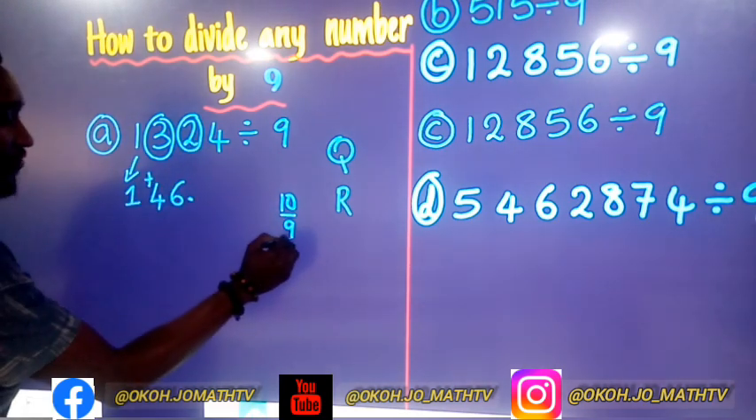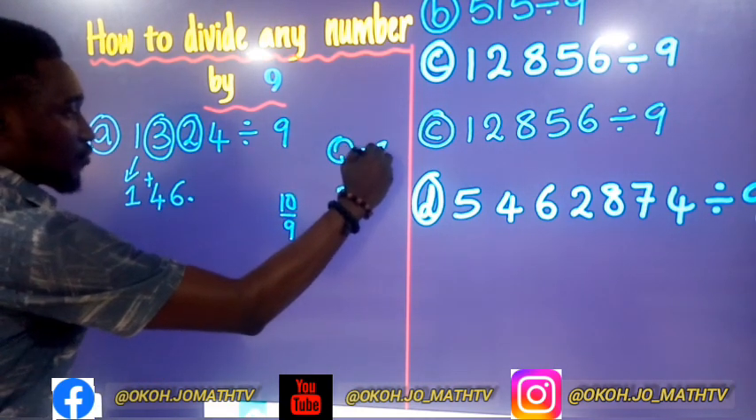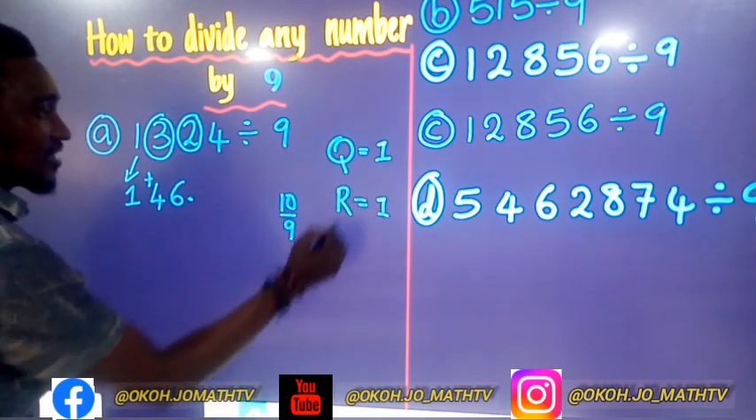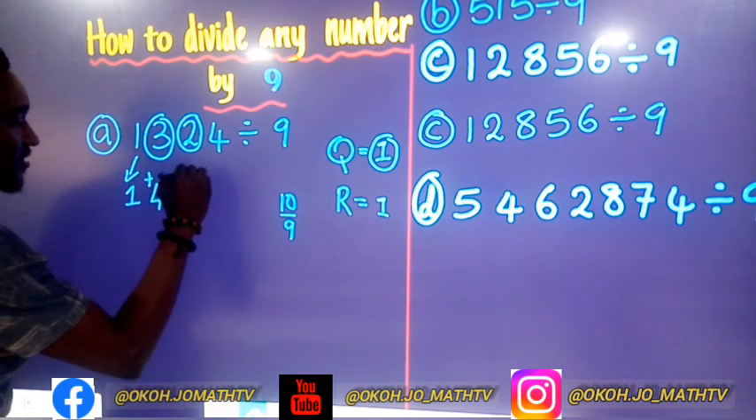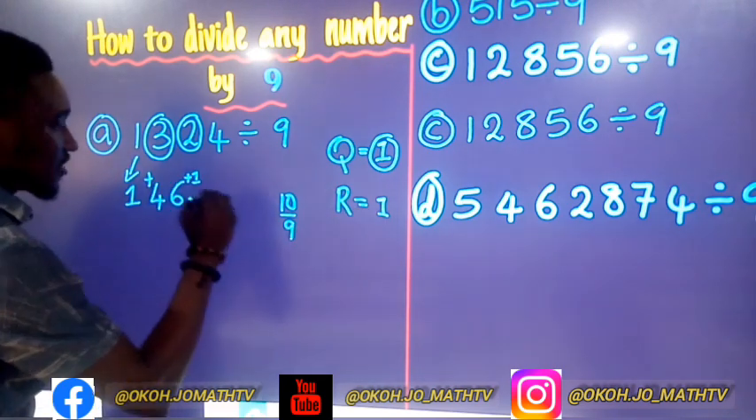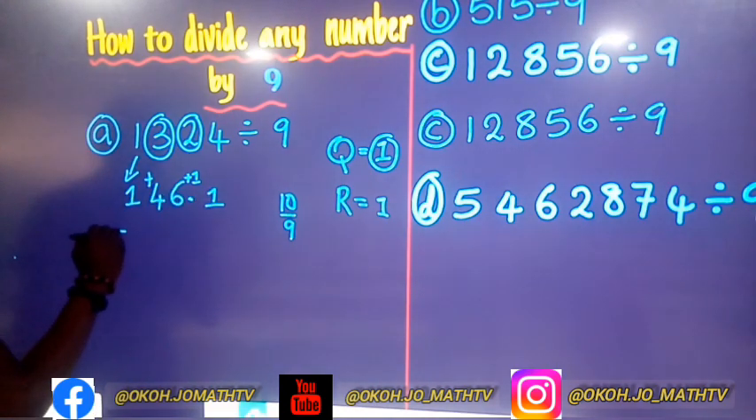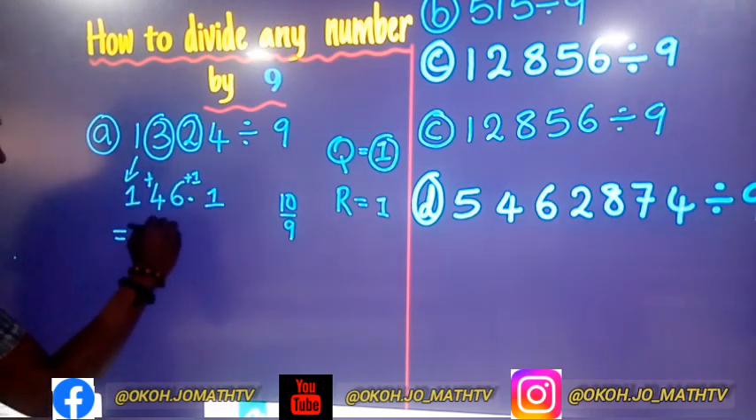Now, how many groups of 9 are in 10? It's only one group of 9. Remainder 1. So this 1 over here, add it to this 6. Is that clear? Then bring down this 1 after the decimal point. So our final answer is, 6 plus 1 is